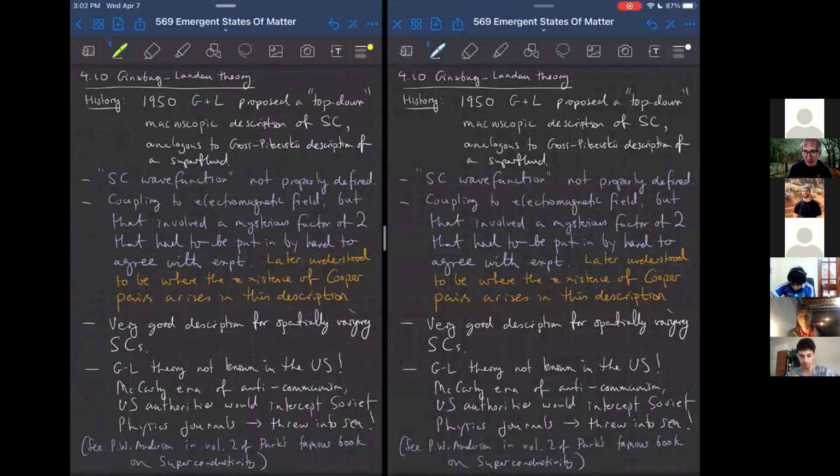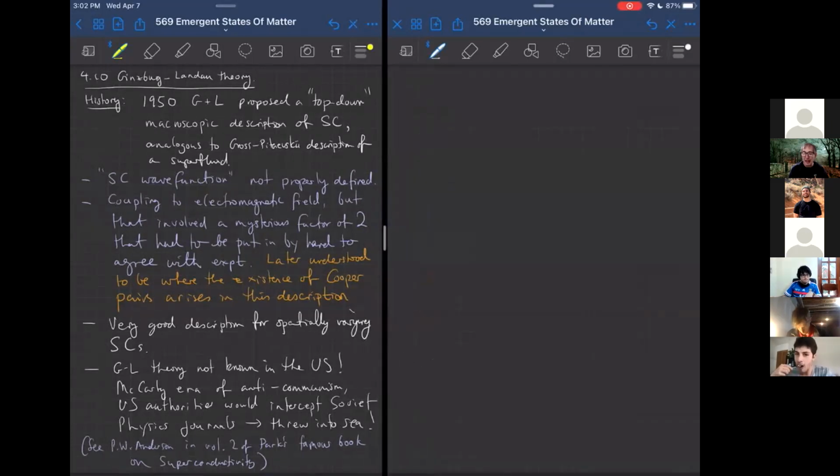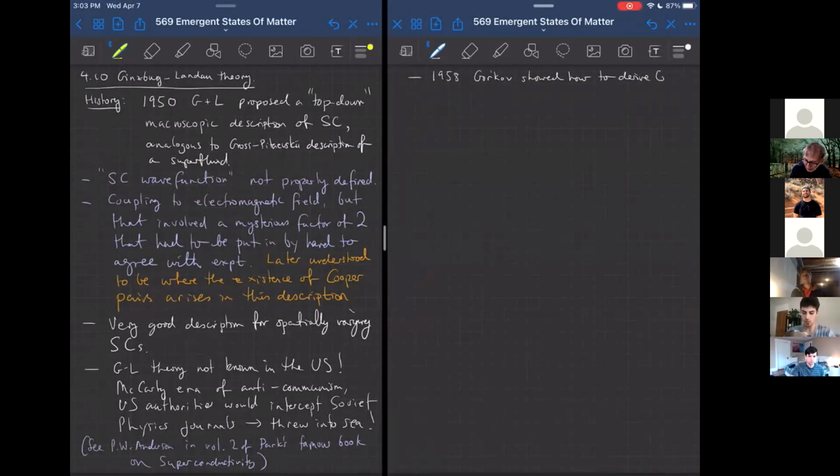So there were other things going on, particularly in Cambridge in England, but it really was the US that was the dominant place there, and this is where it would have been very helpful if people had understood this connection. And so let me just say that in 1958 and 59, Gorkov showed how to derive Ginzburg-Landau theory from BCS,